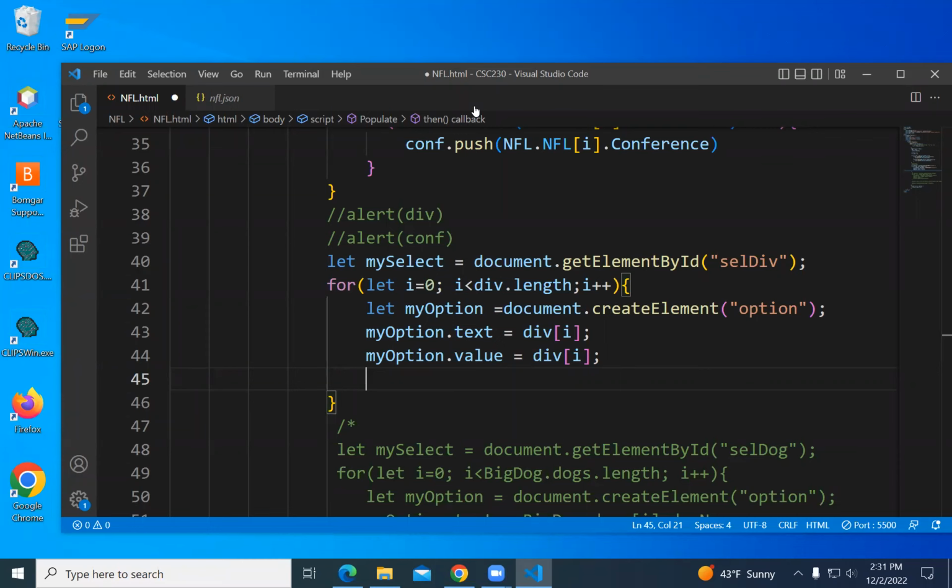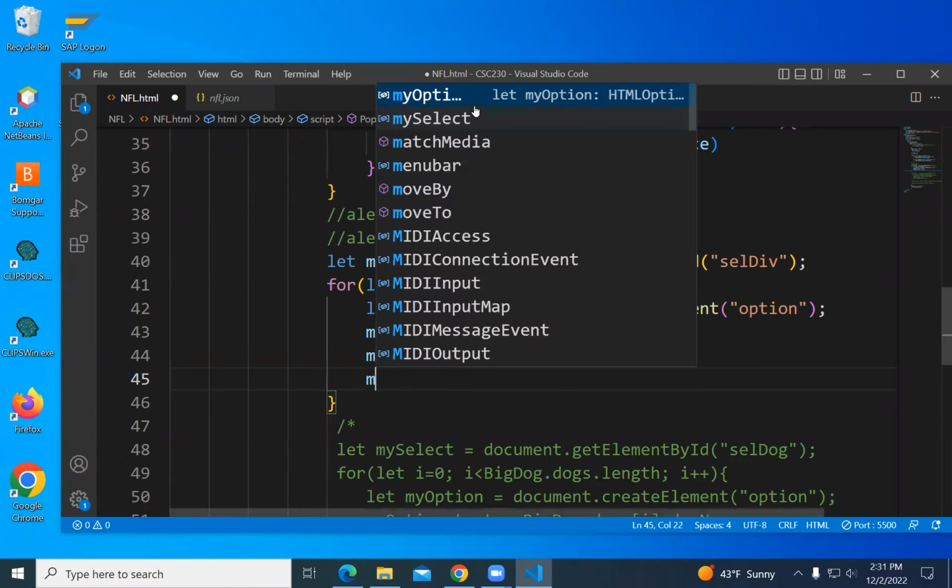So these indices of division have nothing to do with the indices of my NFL teams set of objects. Usually knowing the index helps me. Here it would not. So I've made the value just the division spelled out again.